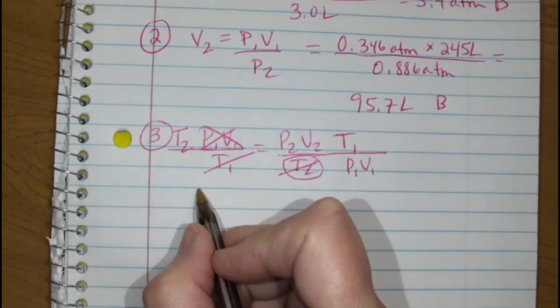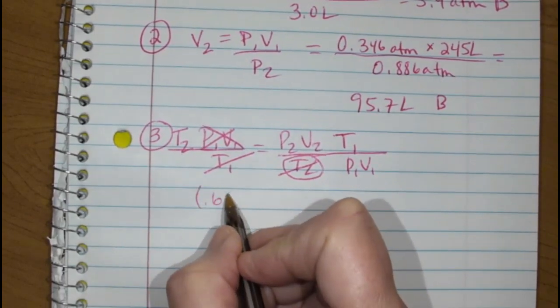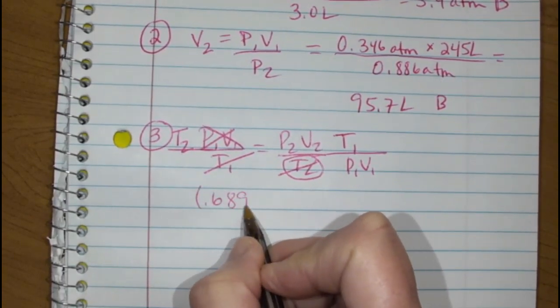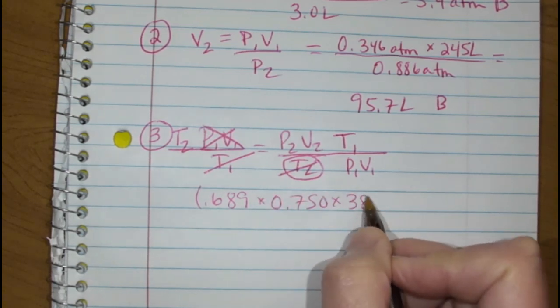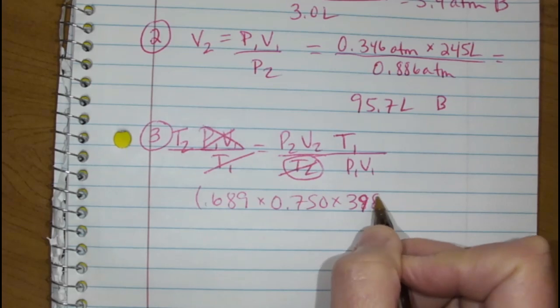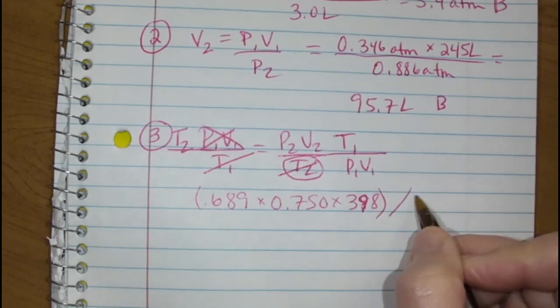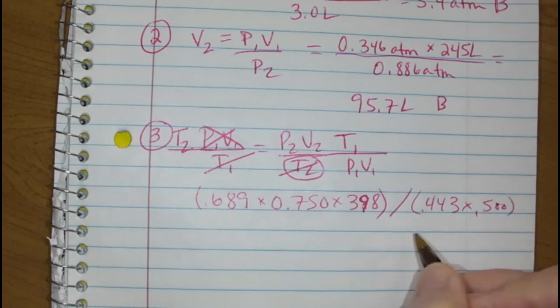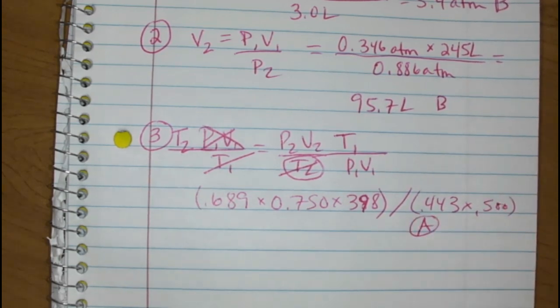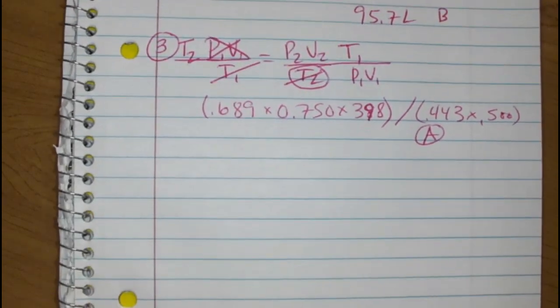And when we put all that stuff together, we get 0.689 times 0.750 times 98, all divided by 0.443 times 0.500, which is A. So A is the right answer. And number 4,